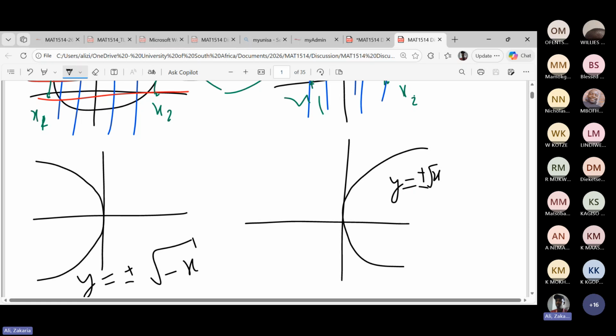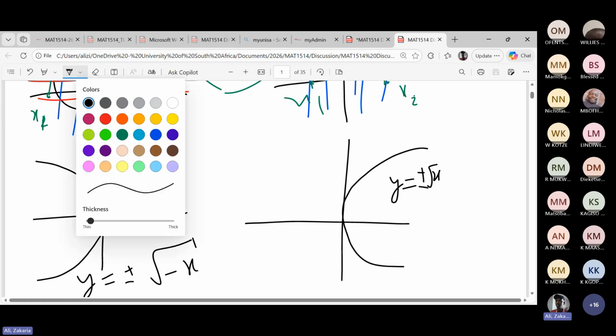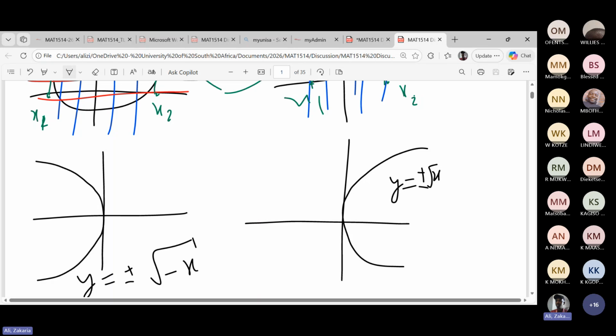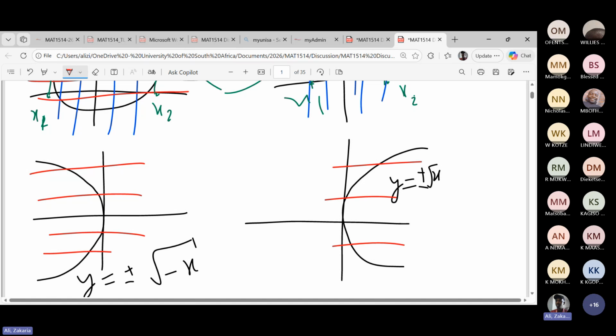Are you with me? So basically, this is the kind of function that you see. If you draw the test, let's start with the horizontal, it looks like it is a one-to-one. However, it's not. When you do the horizontal line test, it catches it only once. However, when you do the vertical line test,